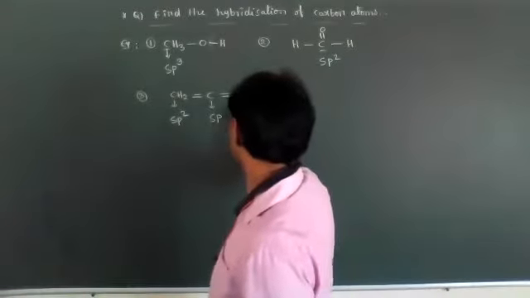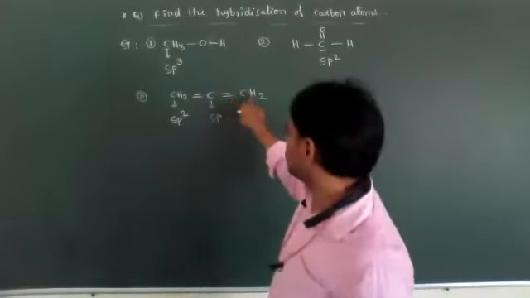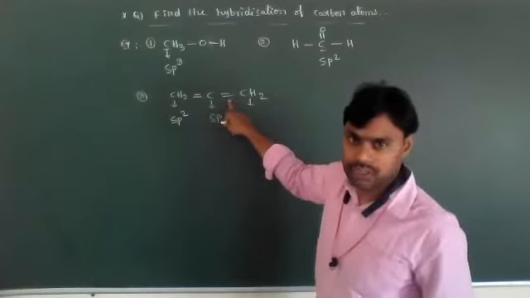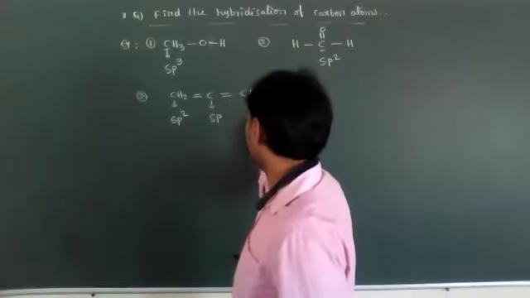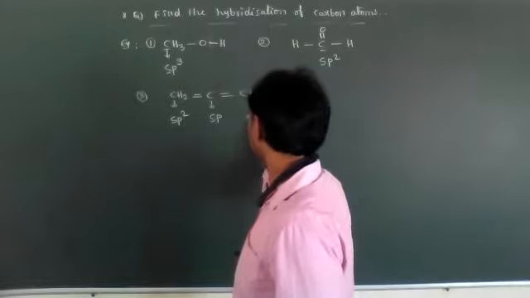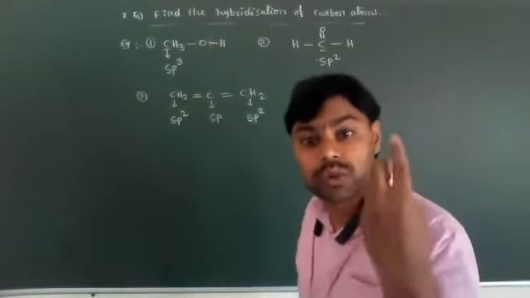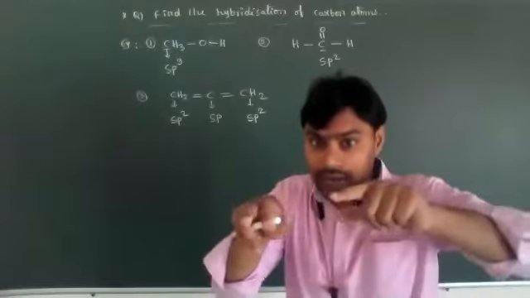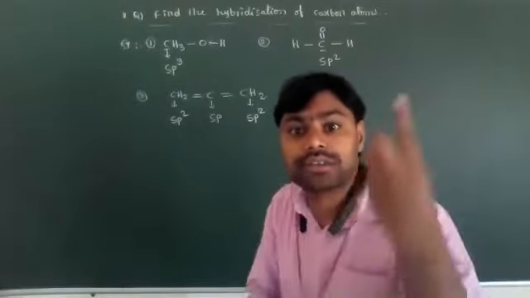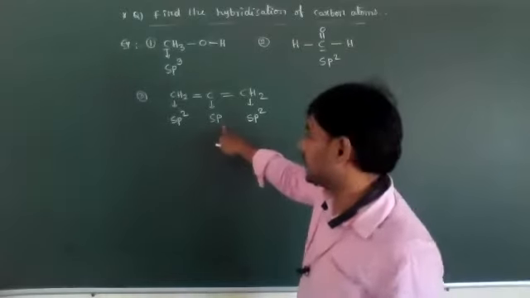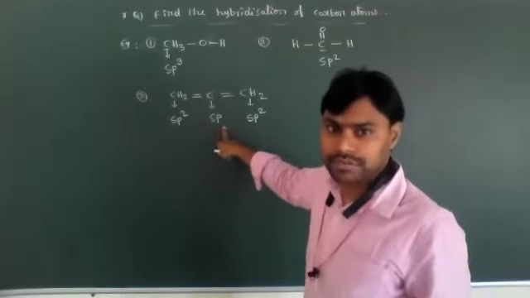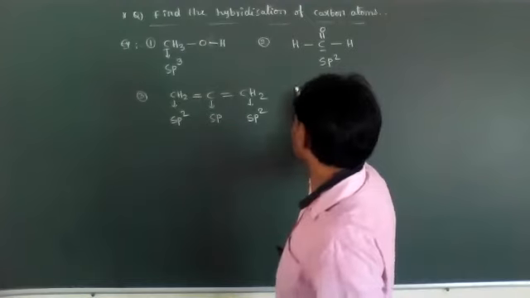This end carbon has only 1 double bond. Around this carbon 1 double bond is present. That's why this right side end carbon's hybridization is sp2. But the middle carbon's hybridization is sp. When 1 carbon atom is surrounded by 2 double bonds or 1 triple bond, then its hybridization is sp. Okay. Now let's see that.